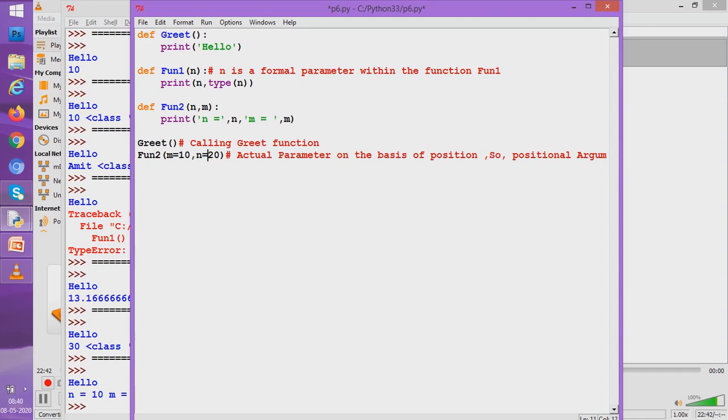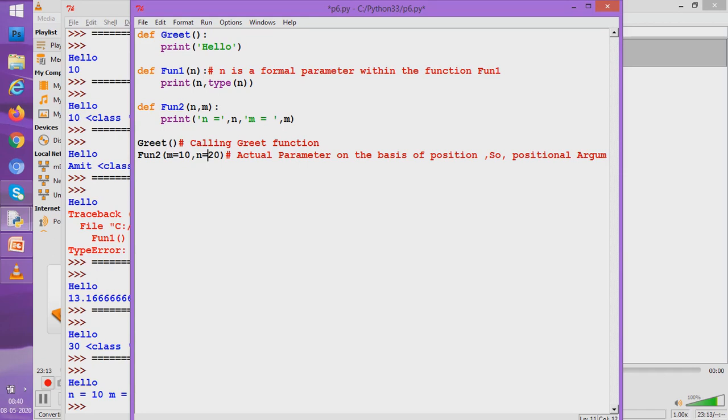But with keyword method, you have a liberty of giving value to a variable which is at the last of the parameter list first, and then giving a value to a parameter which is first in the parameter list. So you can change the order.